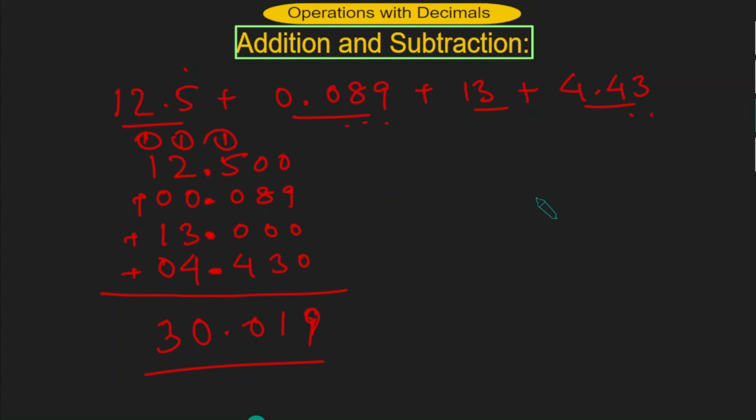But when it comes to subtractions, the same thing happens, because in subtraction you will have two numbers. For example, 7.035, and you have to subtract this from 6.7, then what are you going to do? You know that these numbers will be written like this, but these two places have to be filled with zeros, otherwise